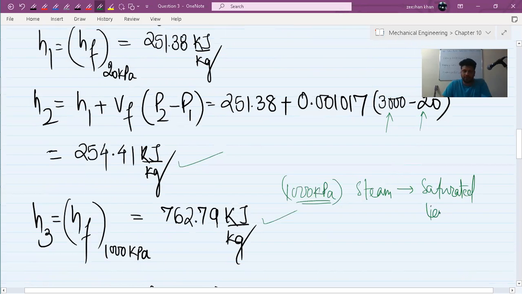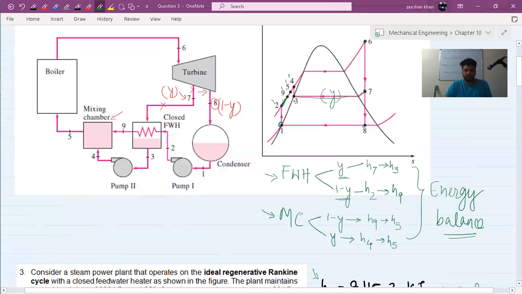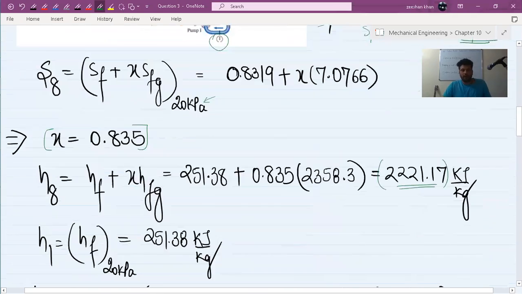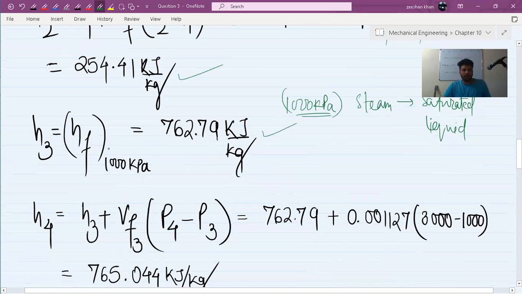That is why the third state is where it is on the graph right here, and the enthalpy of this point can be calculated from the table, which comes out to be